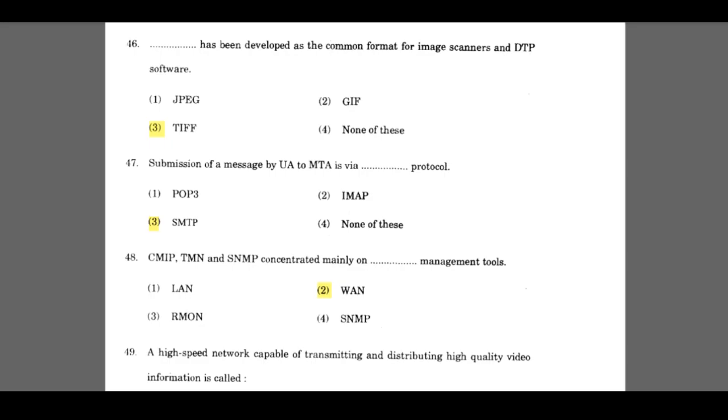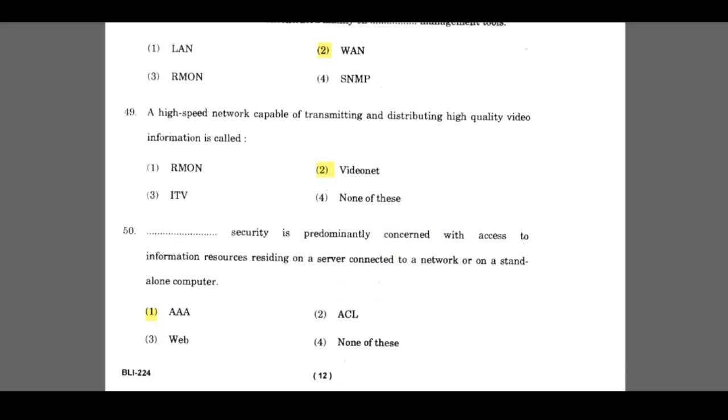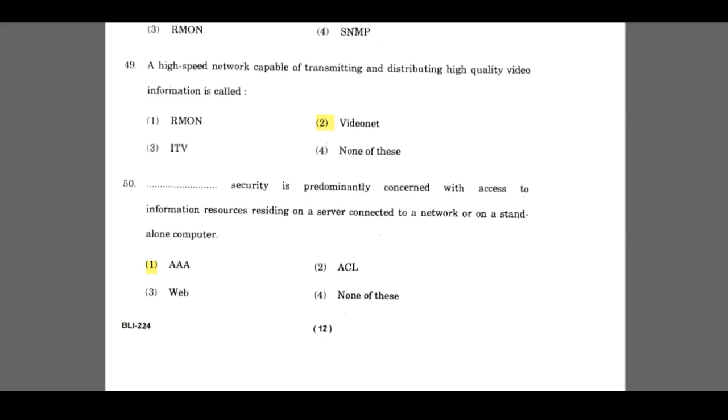SMTP. 48. CMIP, TMN and SNMP concentrated mainly on Dash management tools. WAN. 49. A high-speed network capable of transmitting and distributing high-quality video information is called Video Net.